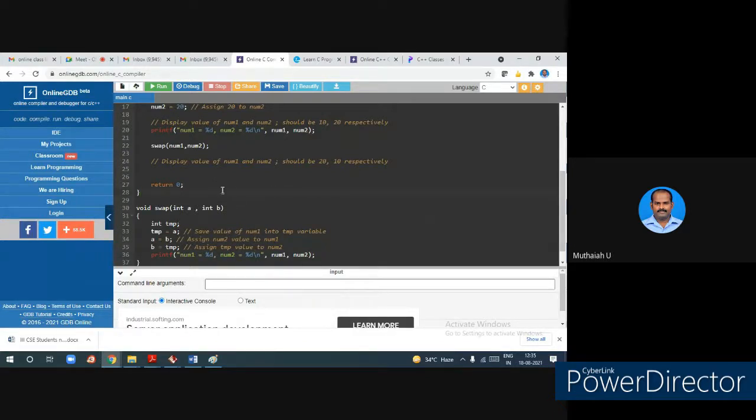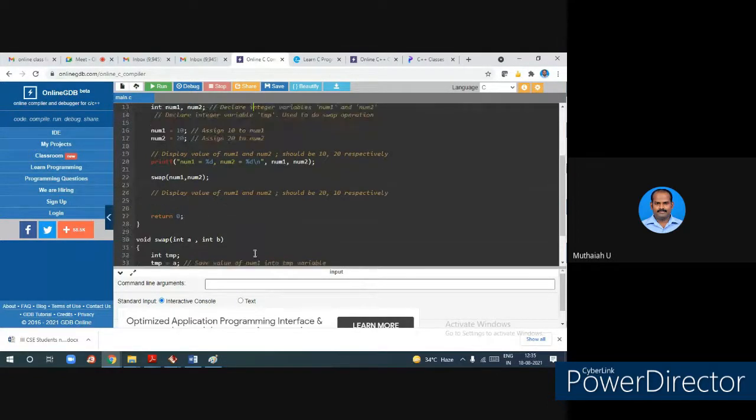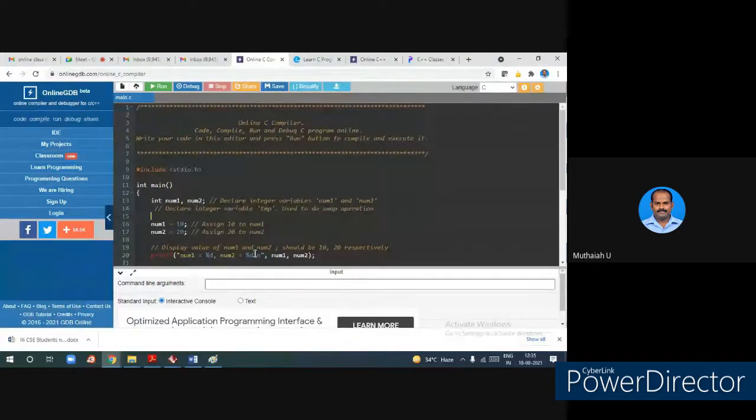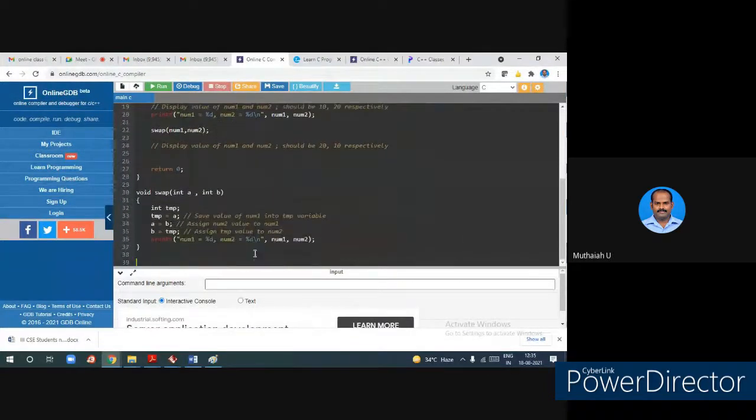So now what happened here? This function will be called. Once the function is called, whatever logic is applied here will be processed, then the values will be printed. Very simple. So the same program I converted using functions. Are there any other steps missed here? Now run this program, we will get the same output.